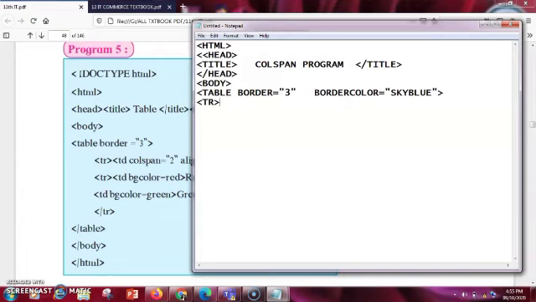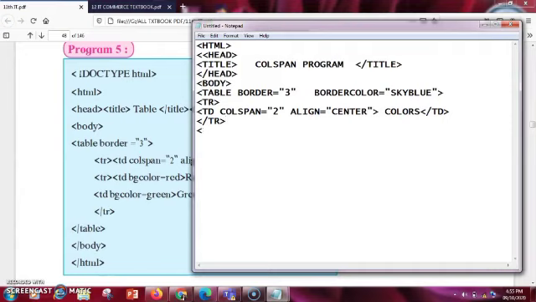Inside the first row I'll write a TD tag and then start with a column span. As this is an attribute of the TD tag, you have to write it inside the TD tag. I have written column span and I'm going to merge 2 columns, so I'll give the value as 2. I'll also give the alignment as center. By default the alignment is always left. If you want to change it you can give align center, and if you want right, you can give alignment as right. Then I'll end the TD tag here, which finishes my first row.